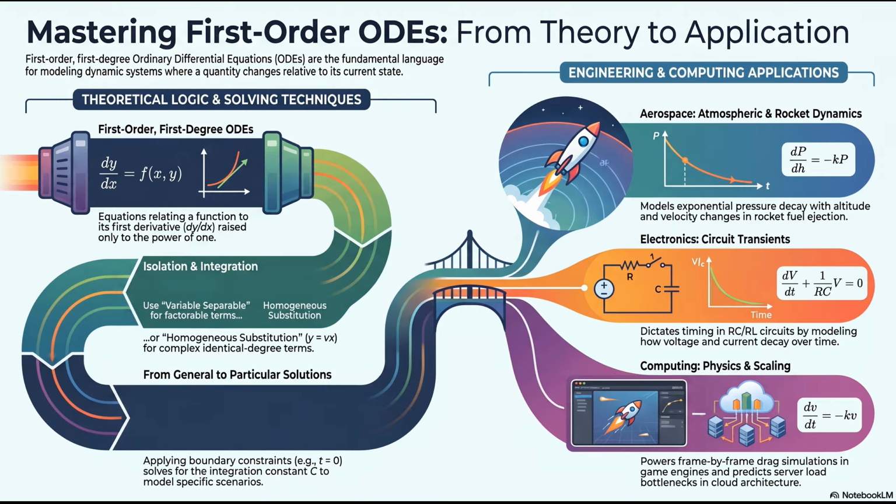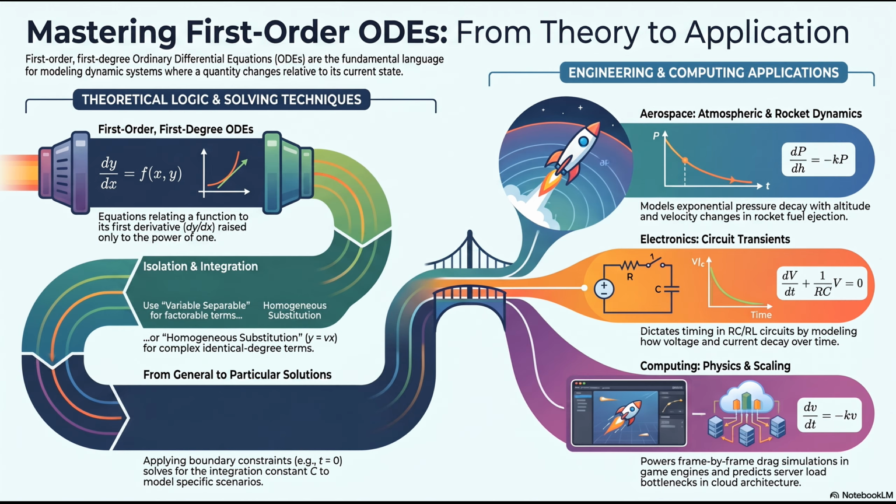So we have an equation describing a fundamental rate of change. But simply writing down the equation isn't the same as actually finding a solution. No, definitely not. When you need to isolate the answer, how do you mathematically untangle it? The first method laid out in the materials is called the variable separable structure. Yes, the classic starting point.